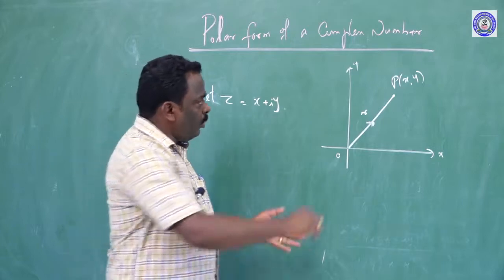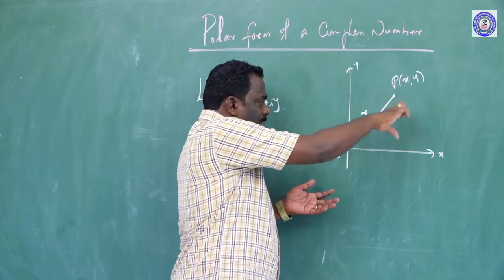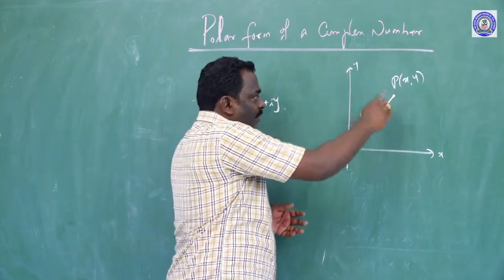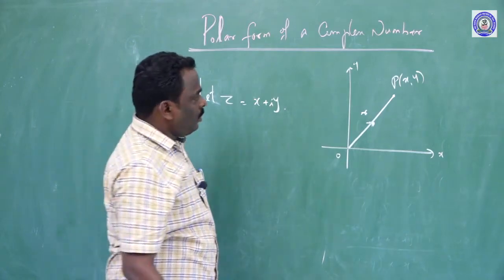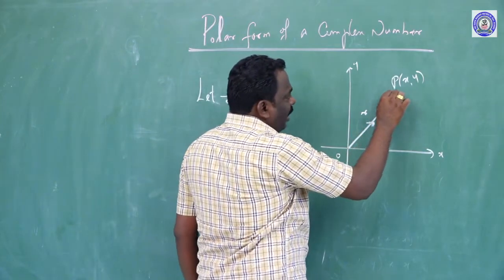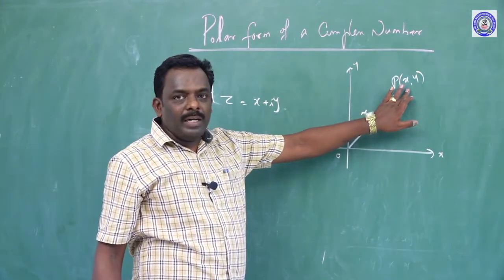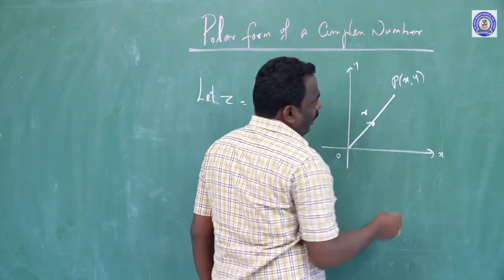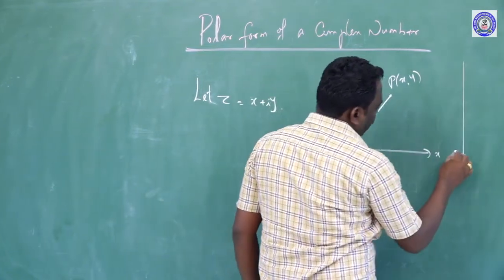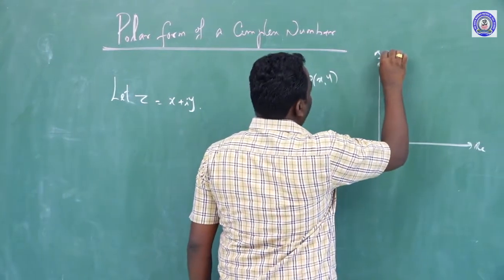Suppose we take a fixed point O and rotate at a fixed distance, we form a circle. Therefore, this distance is called the radius of the circle. This plane is called the Cartesian plane, with Cartesian point x comma y. From that, we have to convert this Cartesian plane into a complex plane, with the real axis and the imaginary axis.